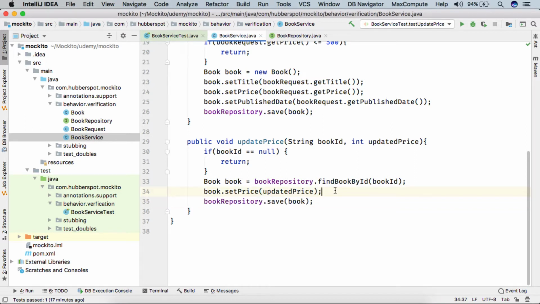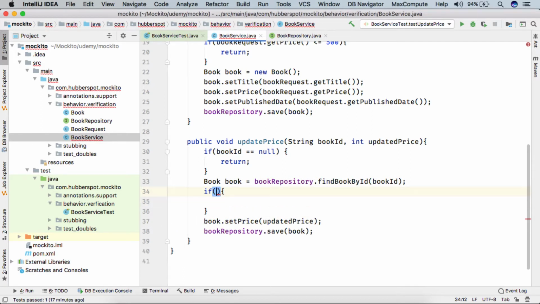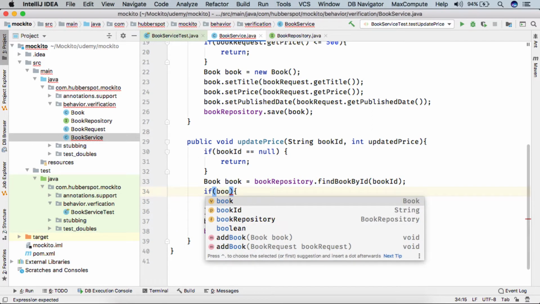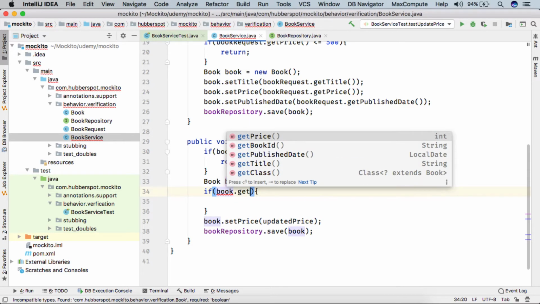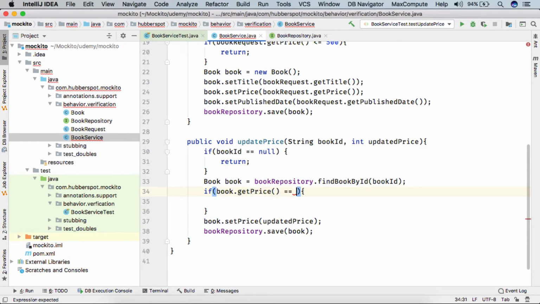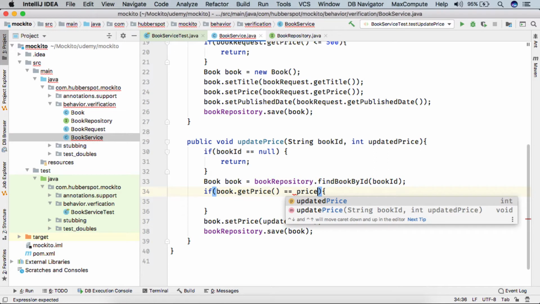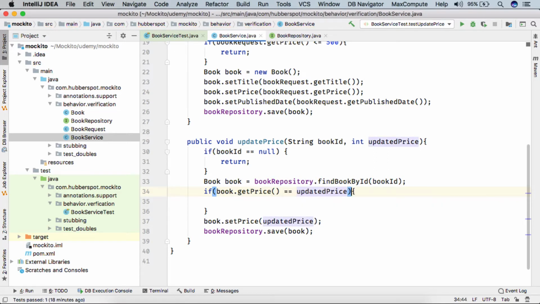So friends, let's say for example here, I provide a condition, let's say I do book.getPrice. If it is equal to price, or the updated price, we simply return.